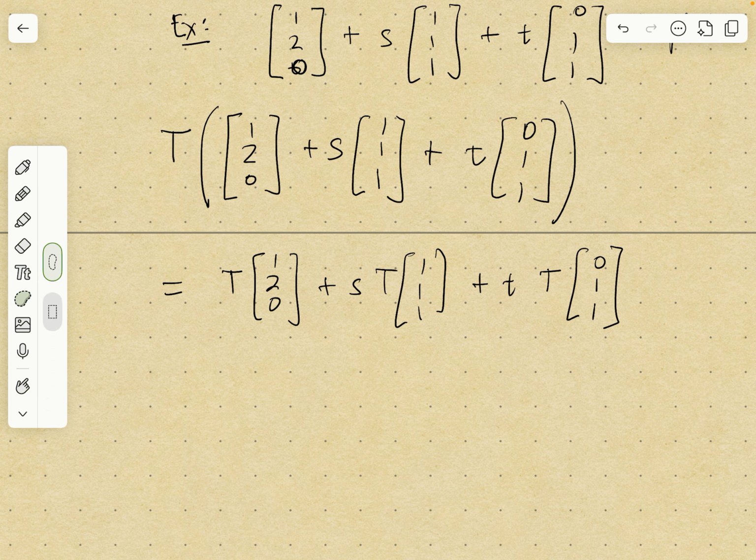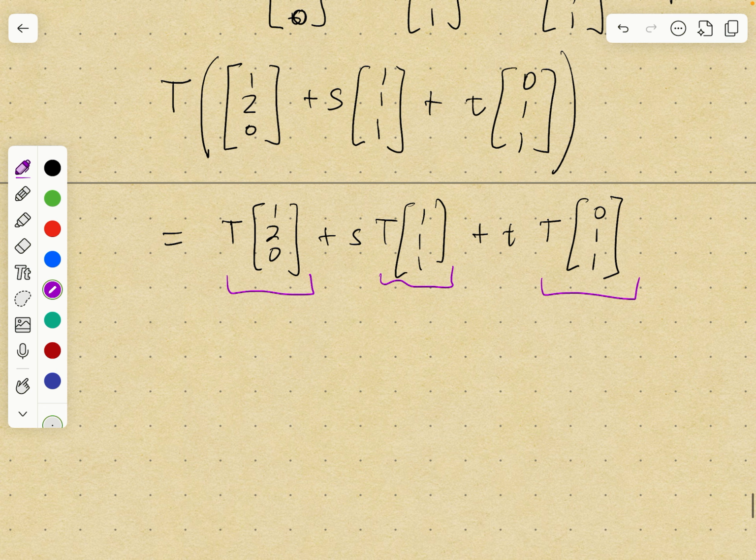And now I have, what does this look like? So I have this vector T of 1, 1, 1, T of 0, 1, 1. Okay, and I have this vector here. This is the form of a plane. As long as